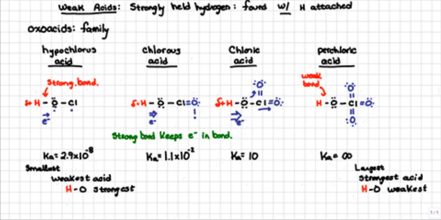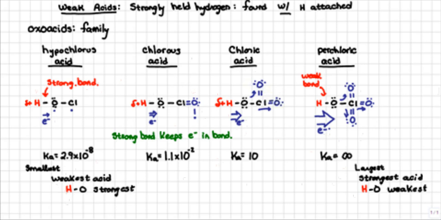Take this up one last step to perchloric acid. In the case of perchloric acid, why, electrons are being attracted to this oxygen, electrons are being attracted to this oxygen, electrons are being attracted to the third oxygen, and in effect there is a large-scale movement of electrons out of the OH bond, weakening it and creating the weakest bond of the four that we've considered here so far. So, the reason for the difference in acidic behavior as we've looked through these oxo acids is